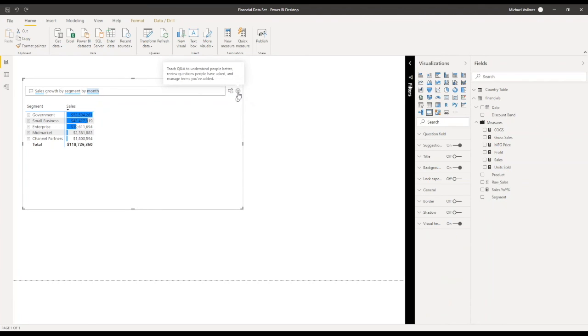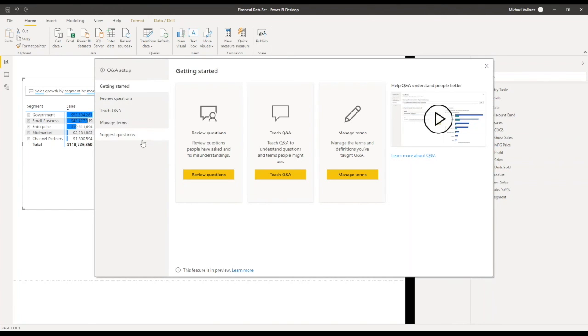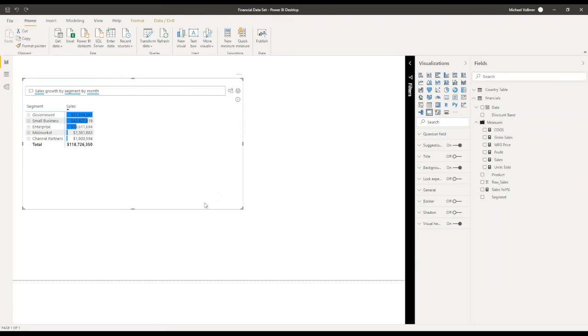And again, the add icon here is how you go in and manage the Q&A tooling features to modify it. When you go into the settings, there is actually a video that you can click on and watch. And so there is some more information there. There's actually quite a bit of detail around Q&A that is much more advanced than we have time for, but